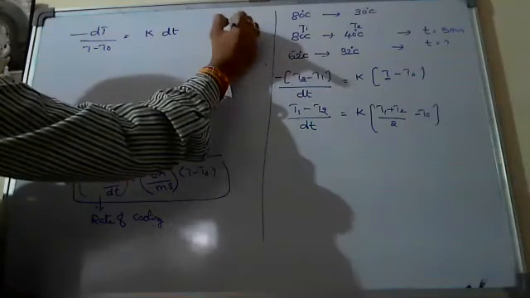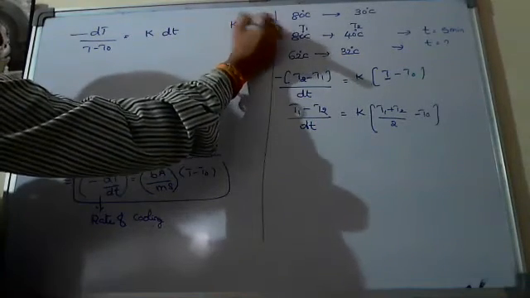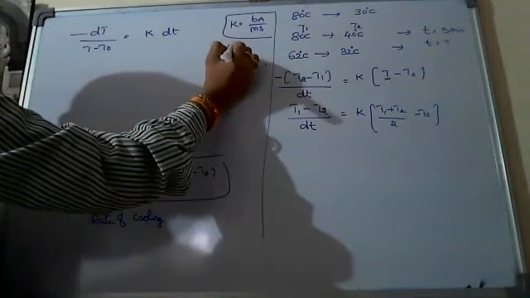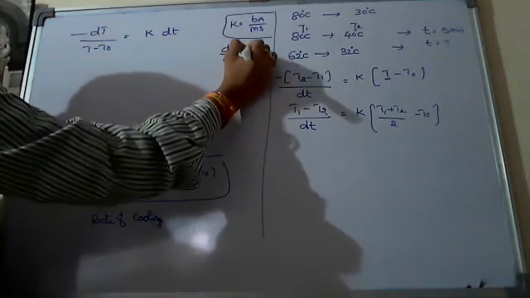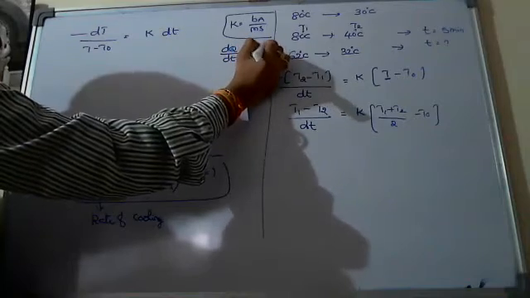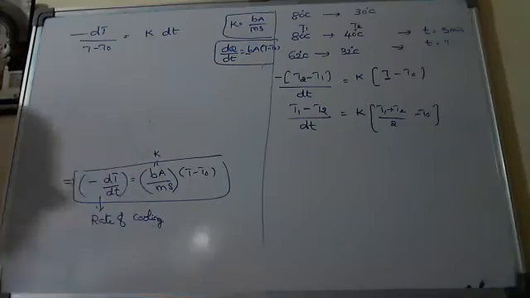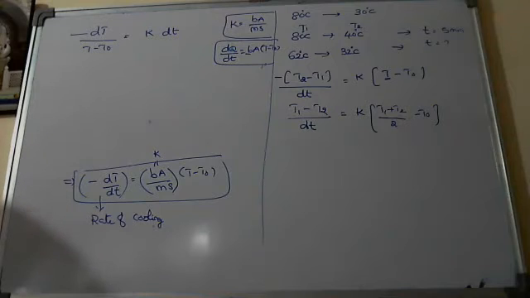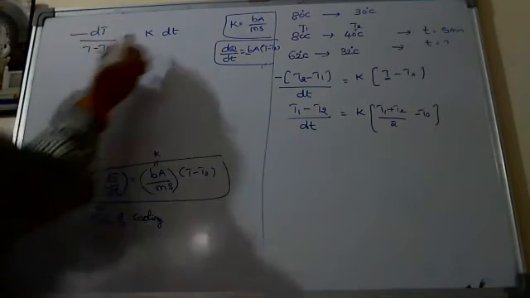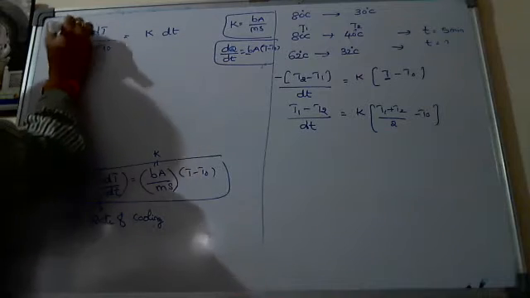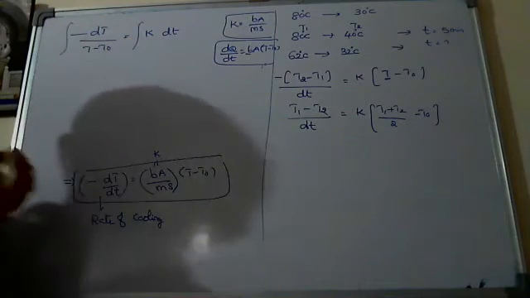Okay, where k is equal to dA by m s, where k is the proportionality constant in this formula. dθ by dt is equal to k into (t minus t naught). In this formula, the proportionality constant I took as k. So here some variable terms appear, so we have to integrate on both sides.